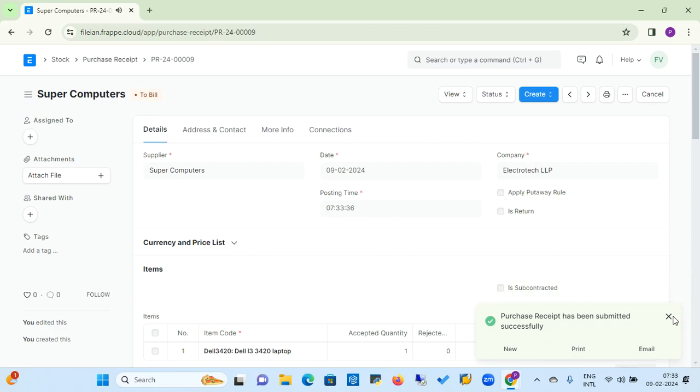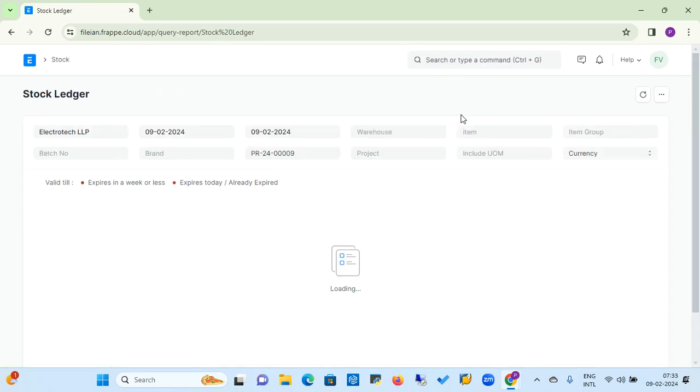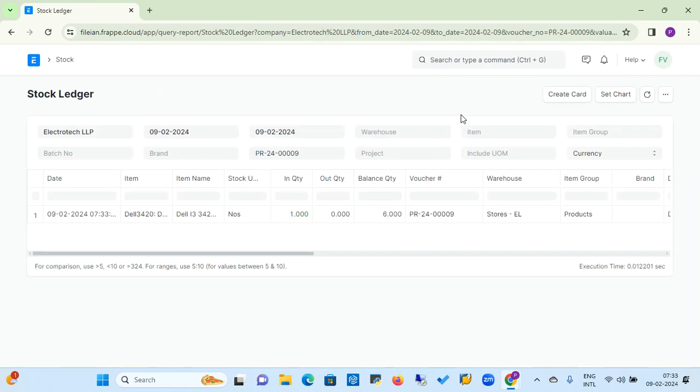Now, we have saved this purchase receipt. If you want to view the stock ledger, then under the view drop down button we have four options. One is the stock ledger, another one is the accounting ledger, third one is the asset, and fourth one is the asset management. So first of all we will check the stock ledger because we are in the stock inventory module. So here if you notice that we received the material from the supplier, and we will be